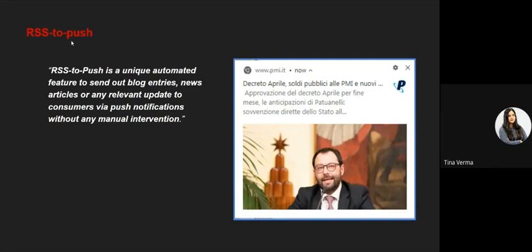If you have, let us say, 6 to 10 notifications a day, you can simply use the notification source as RSS to push, and as and when new content gets updated on your website, new news is added to your website, automatically that will reach your subscribers' devices. It will reach their device's screen directly.